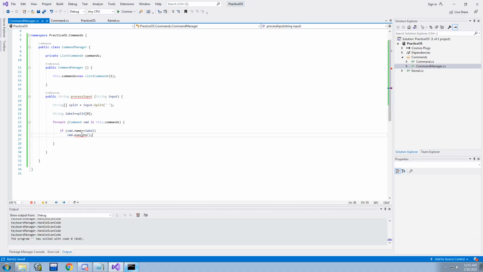And right now, it's expecting arguments. The way we're going to do that is create a string array of arguments. And I'll just make it a list, just because this is how I like to do things. I really like lists. I forget if I said that earlier, but I love lists. And we're just going to make a new list. And all you're going to want to do is say, for every string s in the split,